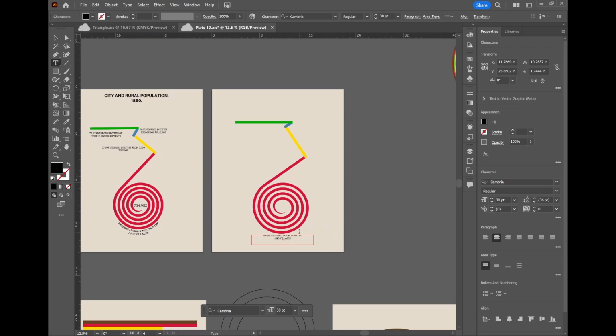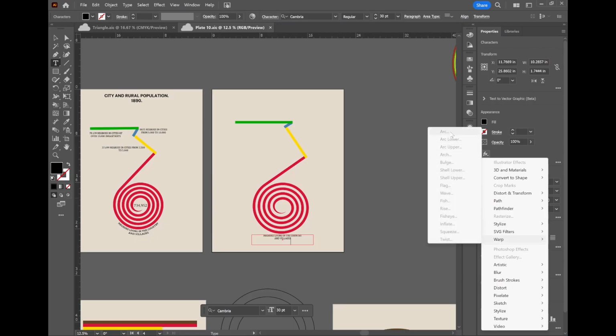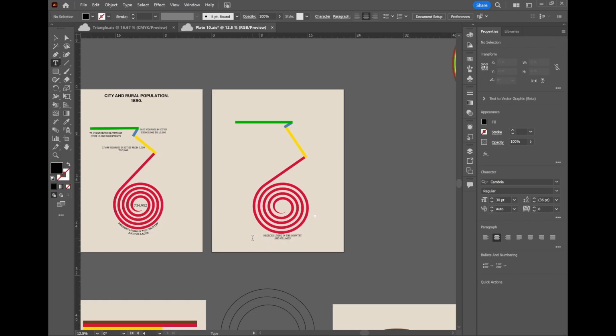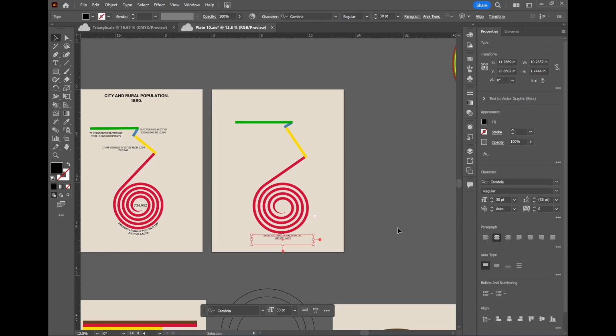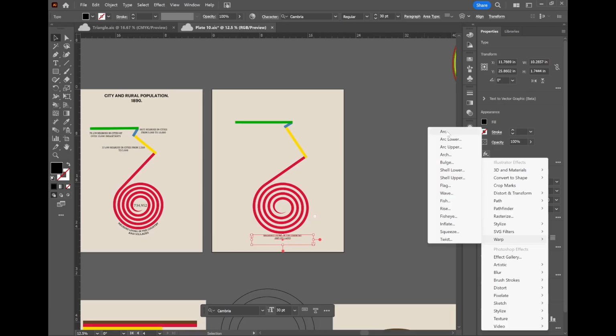So now that I've written that, I can go up here to Effects, Warp. Make sure you have the text box selected and not the text itself. Yes, there we go. Text box selected, go to Effects, Warp, Arc,